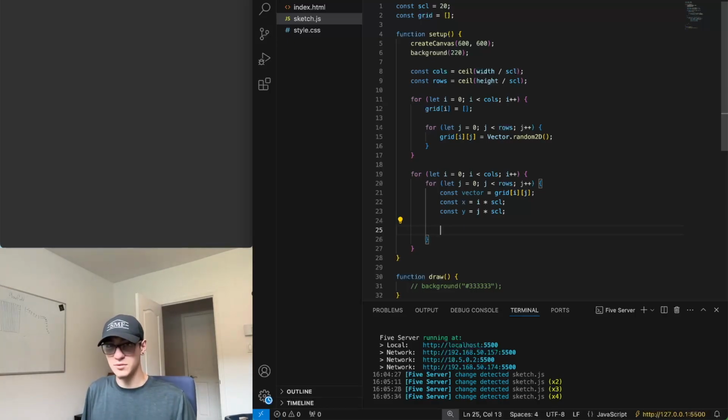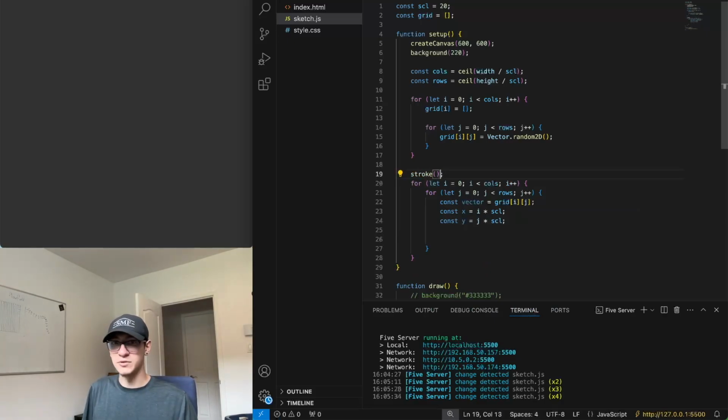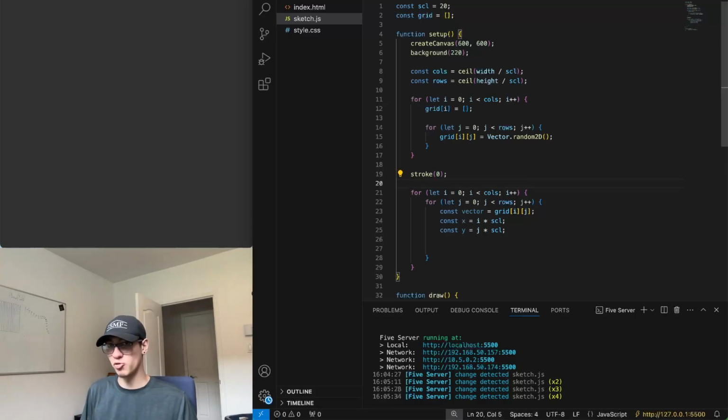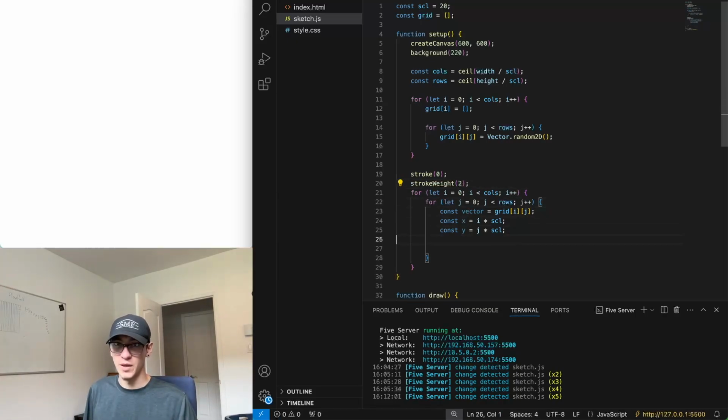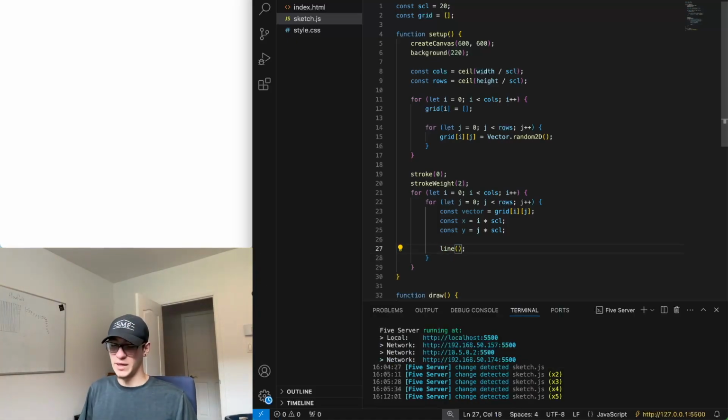Let's draw our line. Let's first set the stroke to be black. And let's also set the stroke weight to 2, just so that we can see it better. Okay. And over here, let's draw a line that goes from x, y to x plus vector dot x and y plus vector dot y. There you go. If we save this,